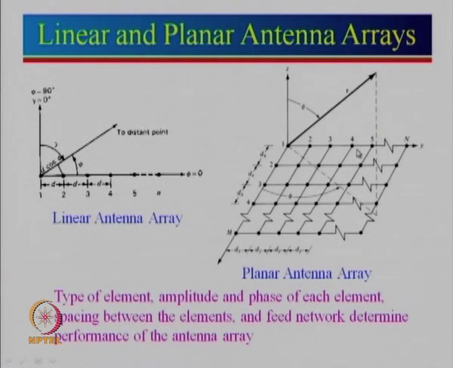So, in fact, linear and planar antenna array concepts will be used to explain all the different types of antennas. For example, microstrip antennas can be modeled as a 2-slot antenna array, or we can think about a helical antenna, which is an axial mode helical antenna. We will see that it is a typical example of an increased directivity end fire array. So, another example, let us say, a horn antenna.